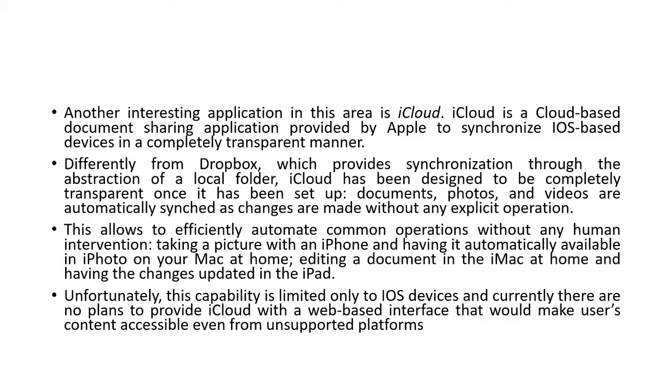Differently from Dropbox, which provides synchronization through the abstraction of local folder, iCloud has been designed to be completely transparent once it has been set up. Documents, photos, and videos are automatically synced as changes are made without any explicit operation. This allows to efficiently automate common operations without any human intervention.